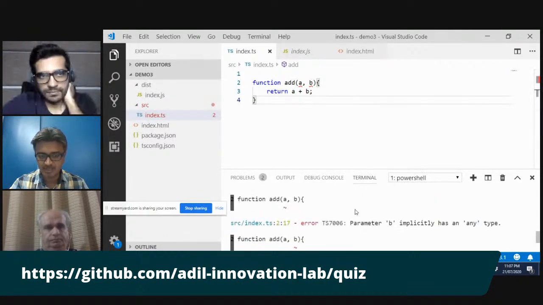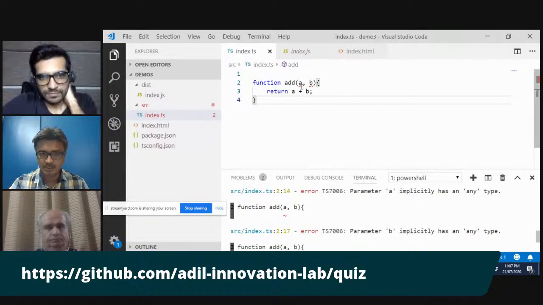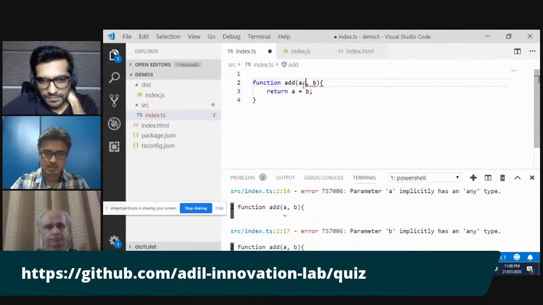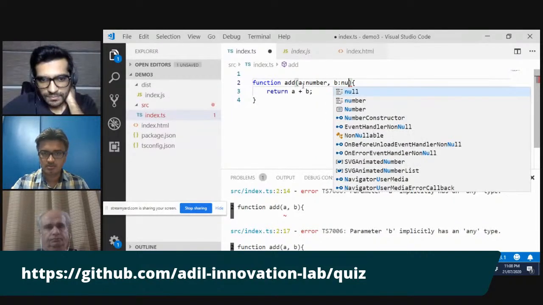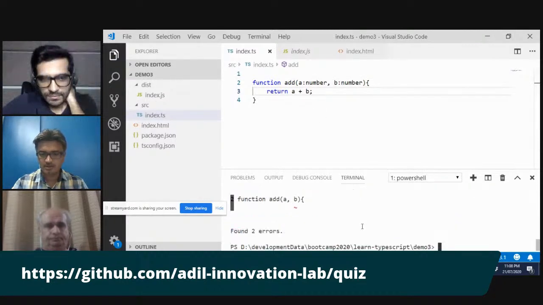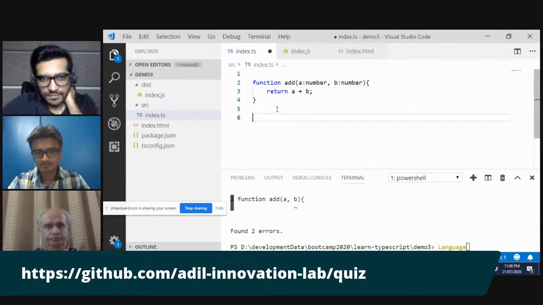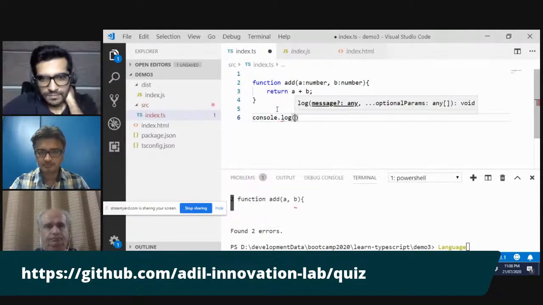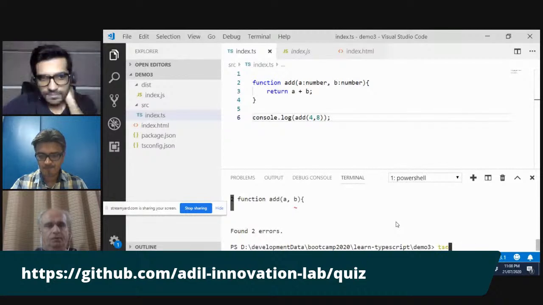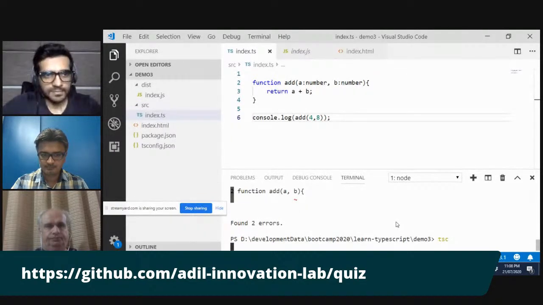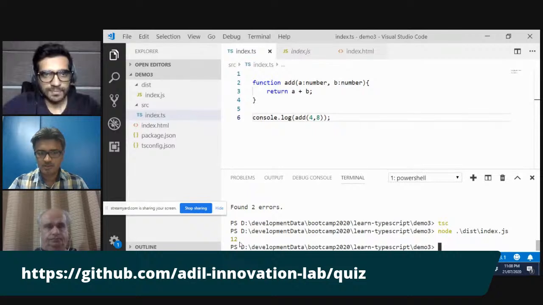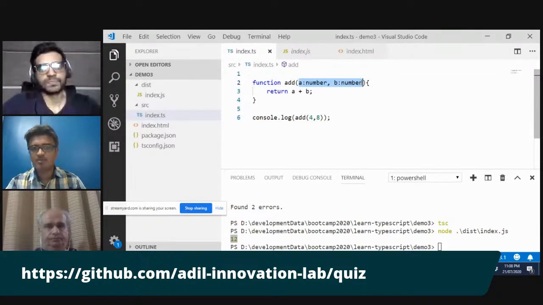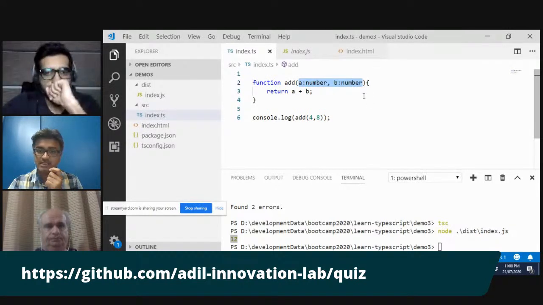you need to specify the type at the time of declaring a function. So what I can do is I can do a number. Now it's fine. And what I can do is I can call console.log with 12. So that's how I can define the data type of parameters,